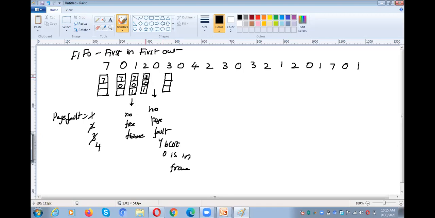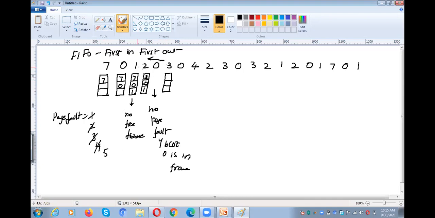Page 3: in order to keep 3, there is no free frame again. That means 3 is not there in the main memory, so again a page fault. Whenever there is a page fault, we need to check for a free frame. A free frame is not available, already 3 frames are occupied with 2, 0, 1. So which frame do we need to choose as a victim frame? We need to check like this, before this position, on this side.